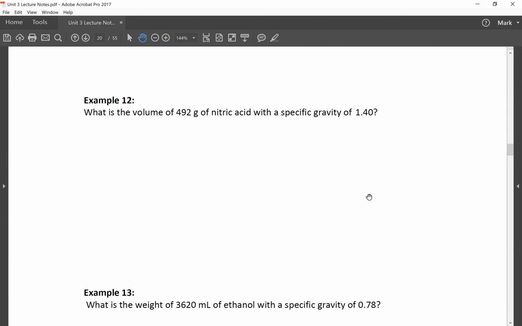So example number 12. What is the volume of 492 grams of nitric acid with a specific gravity of 1.40? Okay, so we need to calculate this. What is the volume of 492 grams of nitric acid with a specific gravity of 1.4? So the weight of the liquid,